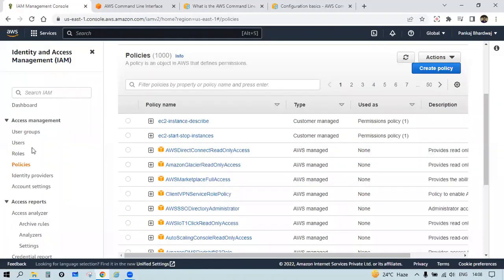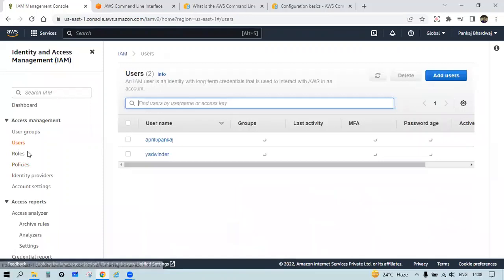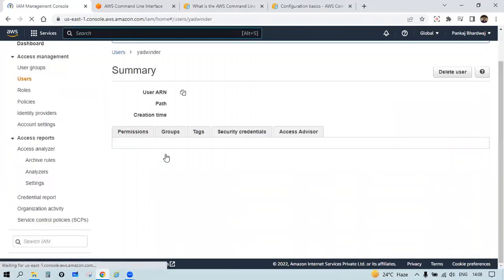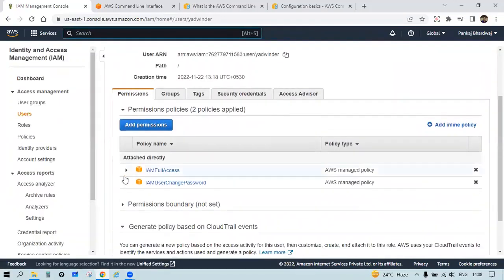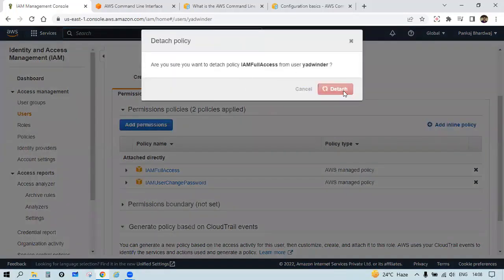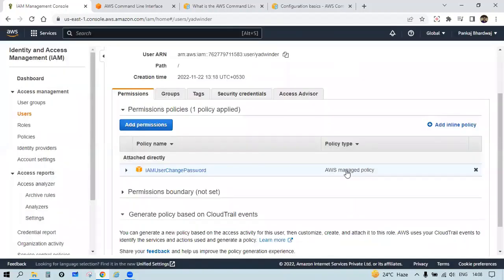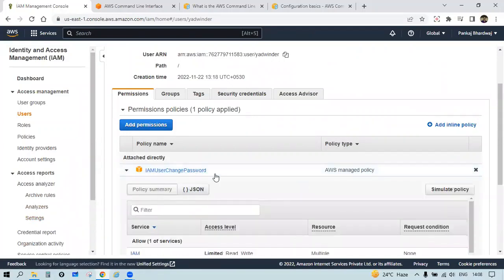Now the next thing is that if I go to the users and if I click on Yadavinder, then you can see that I have no policy associated with this other than IAM full access, because IAM full access मैंने provide कर रखा है अभी भी, ठीक है। So if I click on the IAM full access and close it, then this will be deleted, ठीक है। तो ये एक्सेस यहाँ से मैं इससे वापस ले सकता हूँ, ठीक। तो इस तरीके से you can delete the access from the user side as well as you can delete from the policy side as well, ठीक। तो जो पॉलिसी यहाँ नहीं है ऑलरेडी वो पॉलिसी इसके साथ नहीं एसोसिएट होगी, ठीक है।